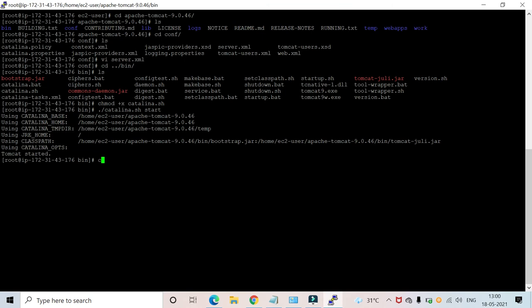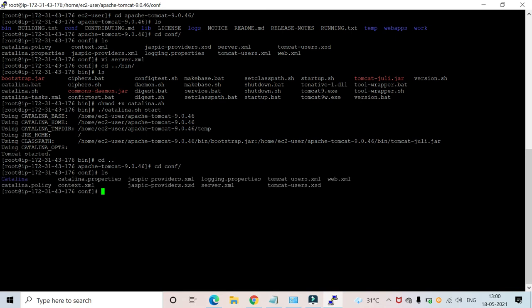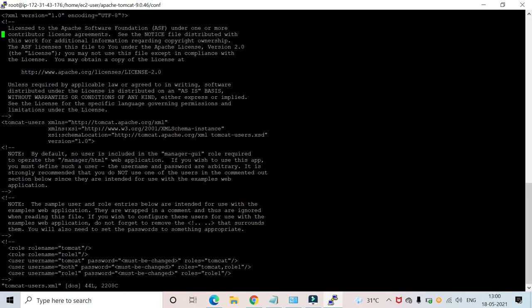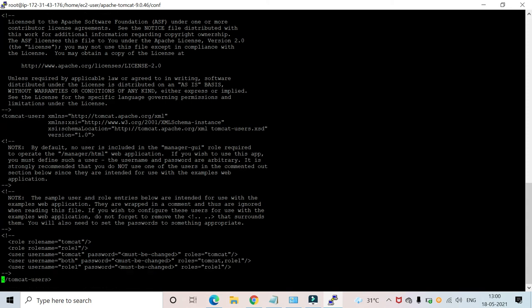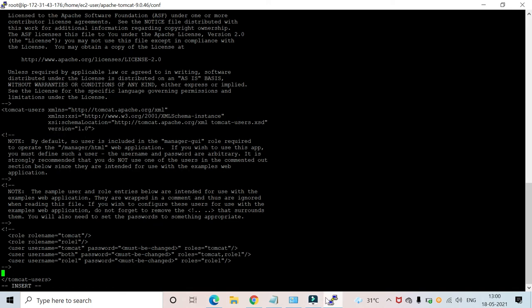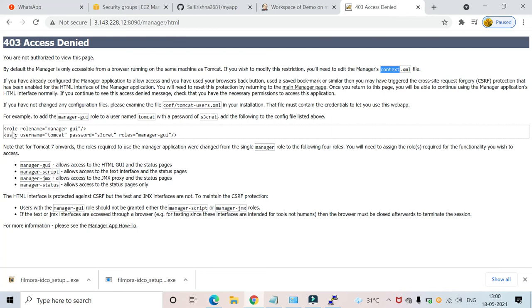So let's go back to ls, and you have Tomcat's users.xml file. Now edit your Tomcat users.xml file. Go to the bottom and add your username and password here.